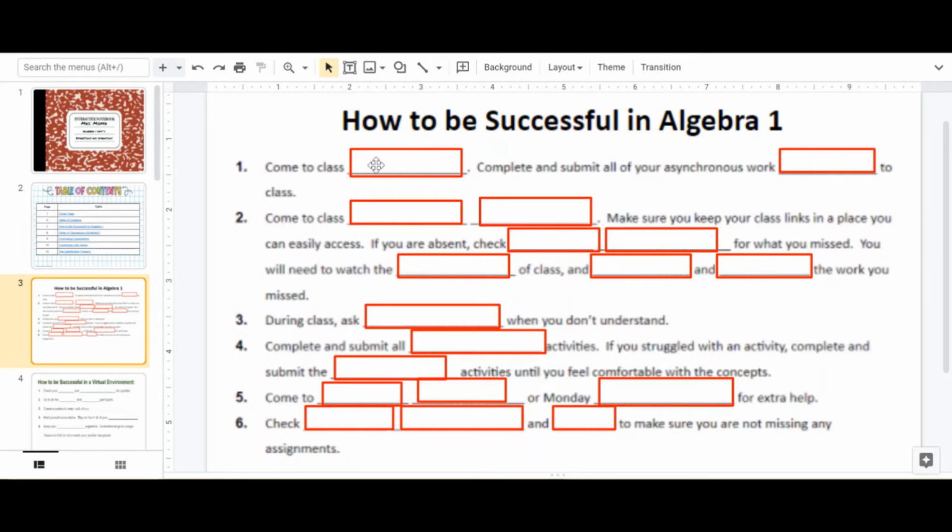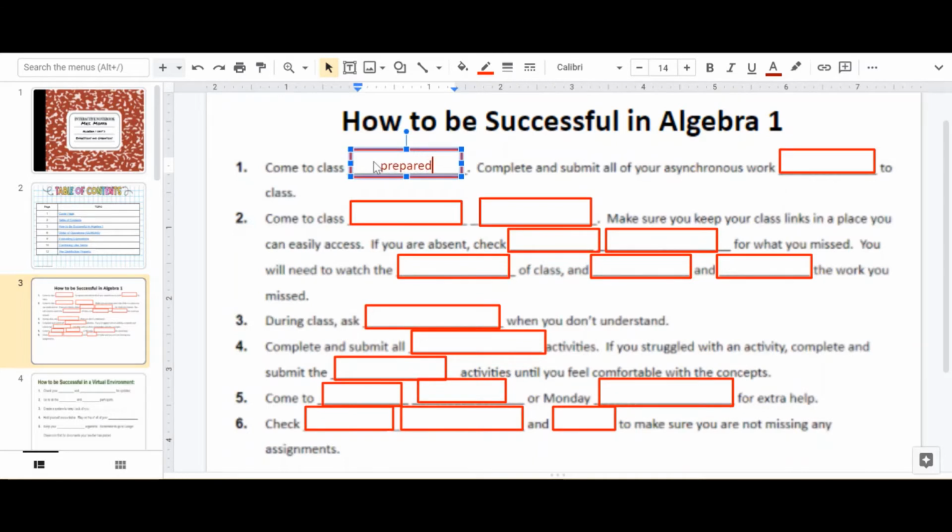So how are we going to be successful in Algebra 1? Come to class prepared. So we'll click on the box and type that in. Complete and submit all your asynchronous work prior to class. Come to class on time every day. Make sure you keep your class links in a place you can easily access. If you are absent, check Google Classroom, and we'll type Google in the first box, Classroom in the second, for what you missed. You will need to watch the recording